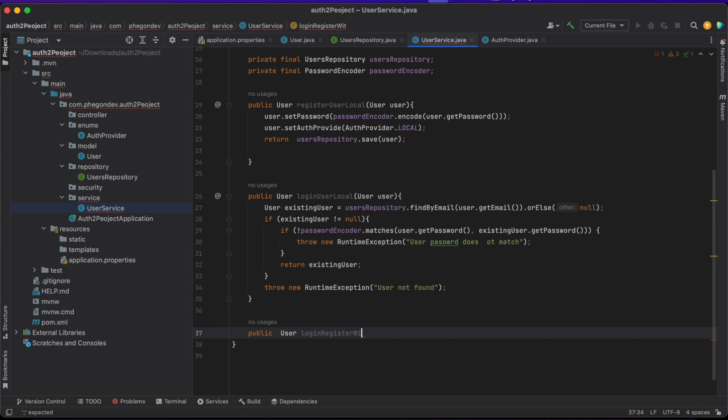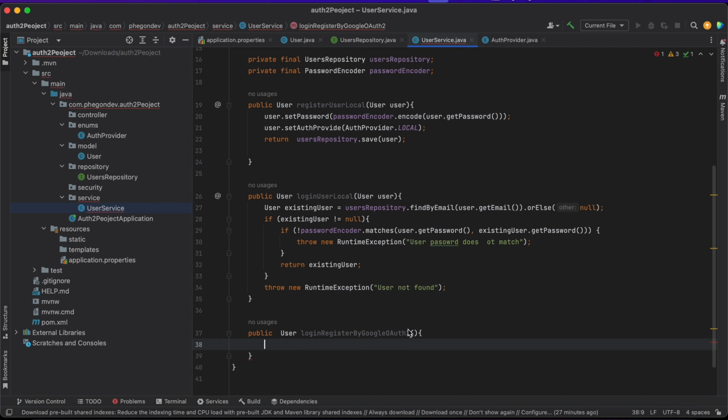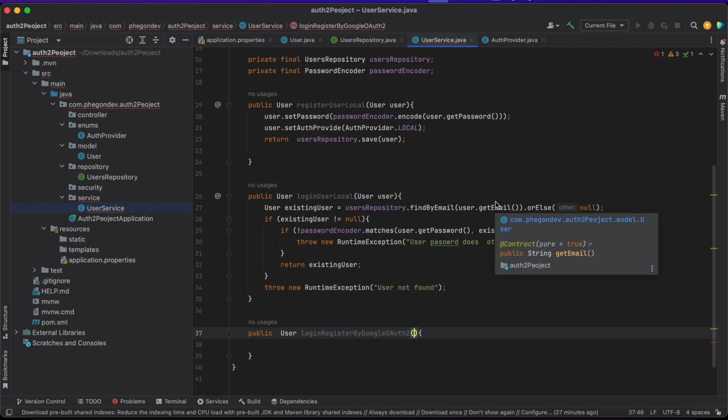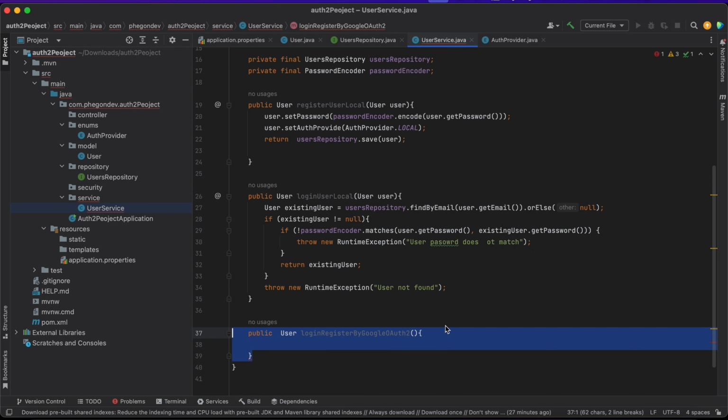Let's say with Google. We just say OAuth 2. So this is going to take in, I think my intelligence is getting slow. It's going to take in when the login is successful, when the information collected from Google is going to be handled over here and it's going to be passed down. So it's going to be collected using a